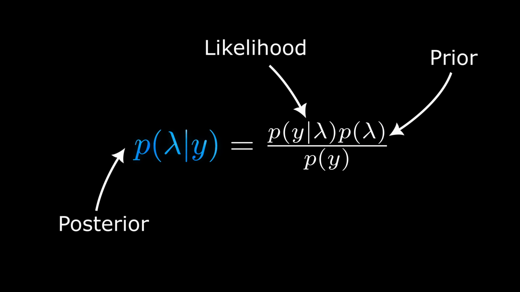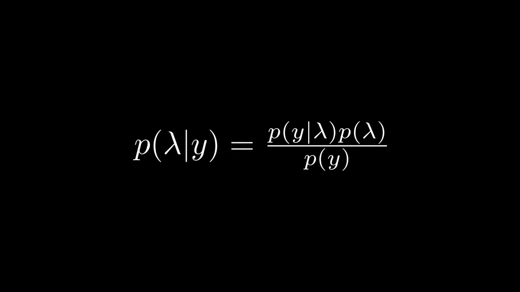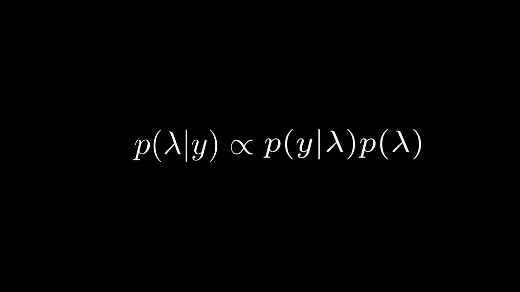The posterior is a probability distribution for the parameters that combines information entering the model from the likelihood and the prior. It represents our updated belief about the parameters after observing new data. The evidence is a normalization constant that ensures the posterior is a proper probability distribution. When the number of parameters in the model is large, this quantity is difficult to compute. Fortunately, it does not change the shape of the posterior distribution, so it can be ignored. Working with the unnormalized posterior is common practice in modern Bayesian analysis.